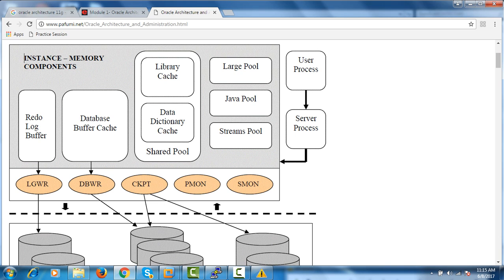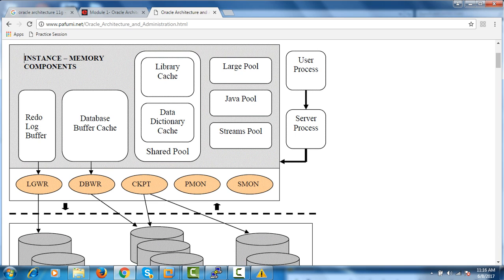If any query comes into the database for the first time, like any select query, update query, or create query, then there is the optimizer, a background process, which will make the plan for how that query will run, and keep it in the shared pool.